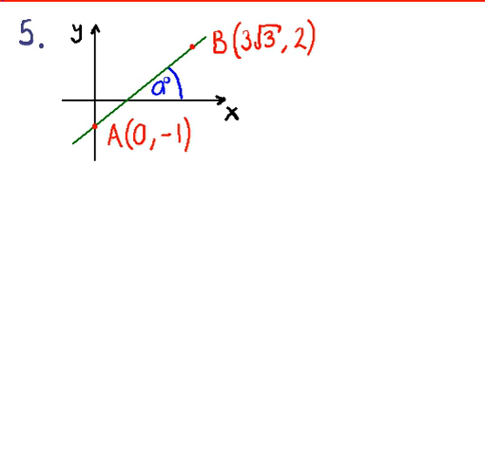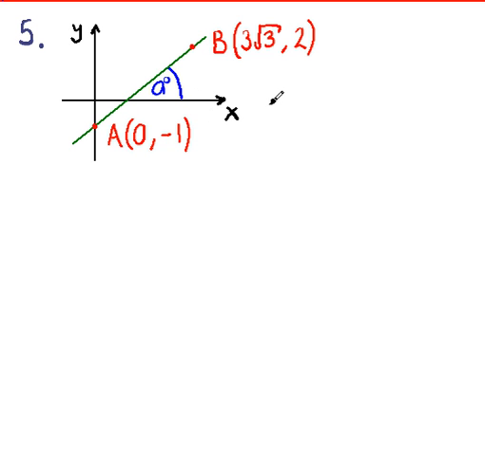This is question number 5. We're given the diagram on screen and we're asked to find the size of angle A that the line joining the points A and B makes with the positive direction of the x-axis. So what we're asked to find is the size of this angle A in here, the angle between the green line and the x-axis. We are given the points A and B,